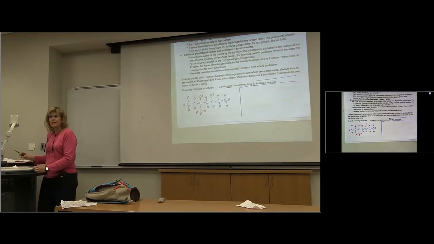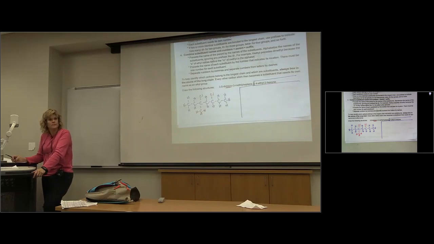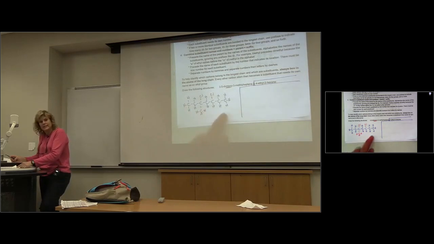Draw this one. Now here, it's different. Go ahead. You're not going to put anything in parentheses right now, unless you had, okay, first of all, in a molecular formula, if you were just doing the straight molecular formula, you're not talking about condensed structure. You're talking about just C, however many C's. Or are you talking about a condensed structure? If you were doing a condensed structure, then if you have a section of repeating things like CH2s, then you'd put them in parentheses. Nothing here has a repeat